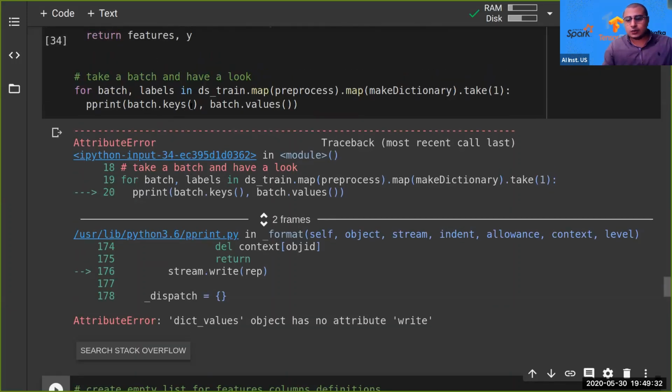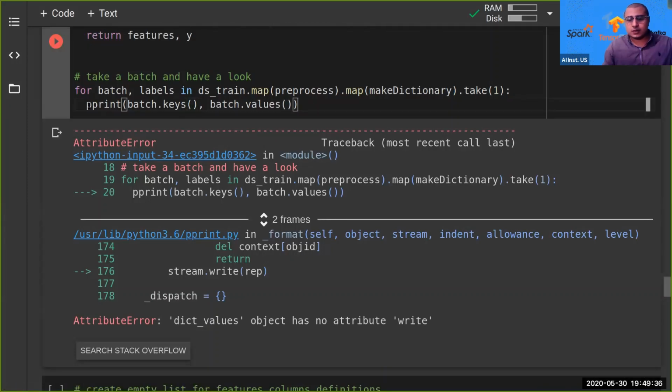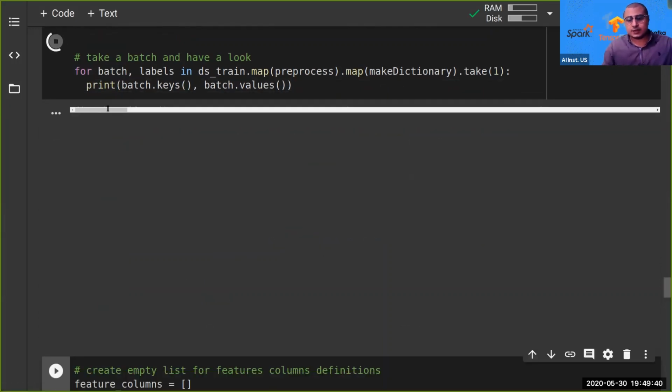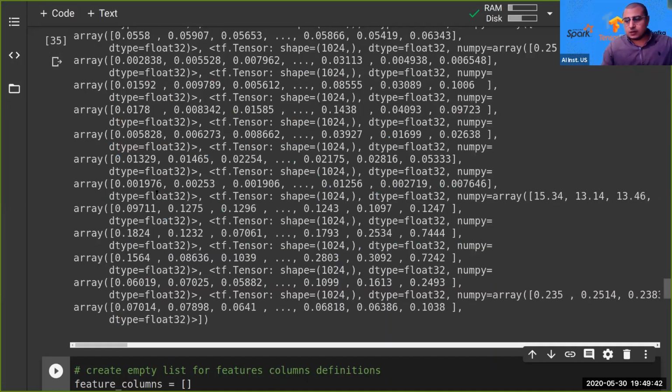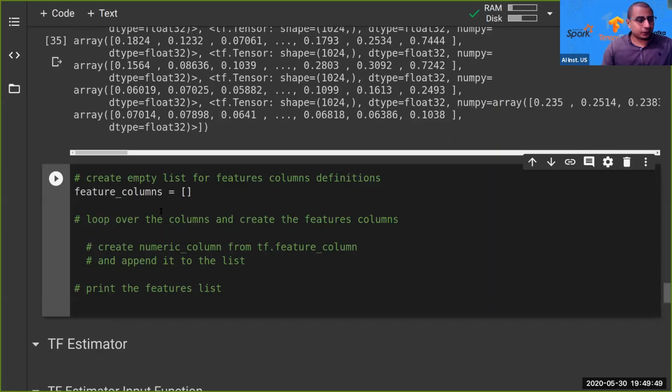Okay, this one does not support comma like this. So again, now we know what's happening. So we need to create the actual feature columns. So I will create the feature columns as a list. I will say for feature name,